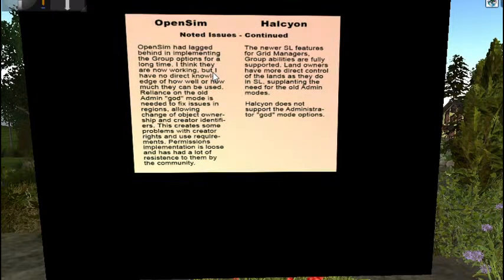This is about groups. OpenSim had lagged behind in implementing the group options for a long time. When I started with it, it didn't have groups implemented. I think they are now working, but I have no direct knowledge of how well or how much they can be used. Reliance on the old admin God mode is needed to fix issues in regions, allowing change of object